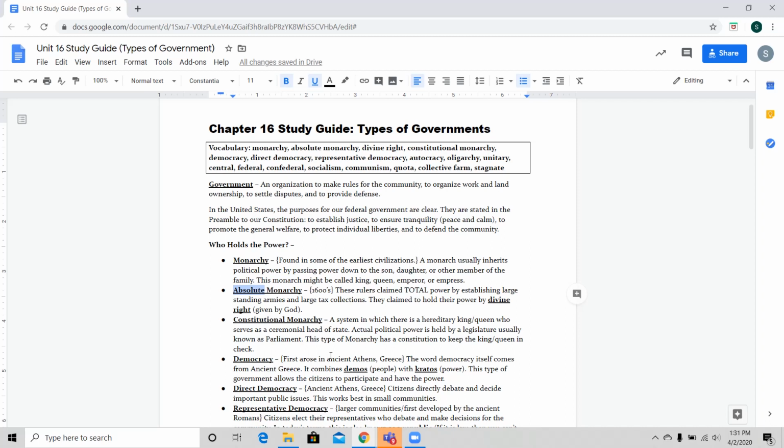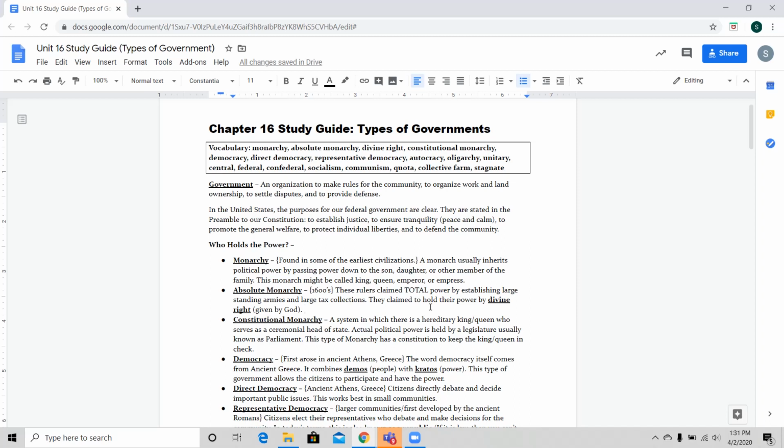To claim the reason they have that right, they're going to say divine right, which just means they were chosen by God. You can't really argue against that because nobody knows exactly what God is thinking. They're going to say they were chosen by God, and they don't have to hold themselves accountable to people. The only one they have to hold themselves accountable to is God. An absolute monarchy king will usually fall under the term dictator as well.